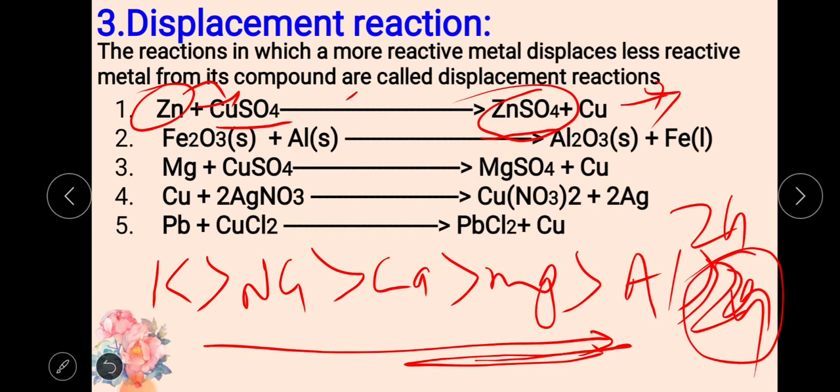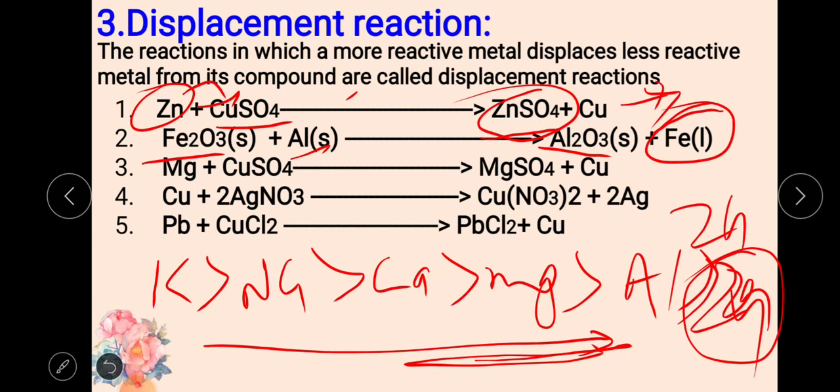And one more example: Fe2O3, iron oxide, which is in the solid state, when it reacts with aluminum, we will learn this in the next classes too. Iron oxide when it reacts with aluminum gives aluminum oxide and molten iron. I have written Fe in liquid form here, so this iron will be in the liquid form. It is used to join railway tracks and cracked machine parts, as in welding, where a liquid is added to join the metals.